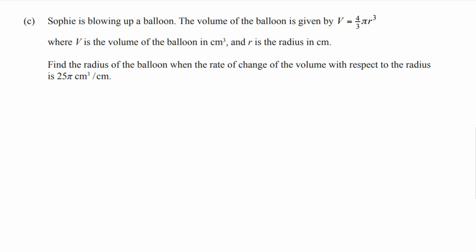All right, so in this question, we've got the volume of a balloon that's going up at some point, I'm guessing. Yep, so we want to find the radius of the balloon when the rate of change. Now, this is something important to understand, all right? It's asking when the rate of change of the volume with respect to radius. All right, now that basically just means dV/dr. Okay, so dV/dr, because the volume is changing with respect to